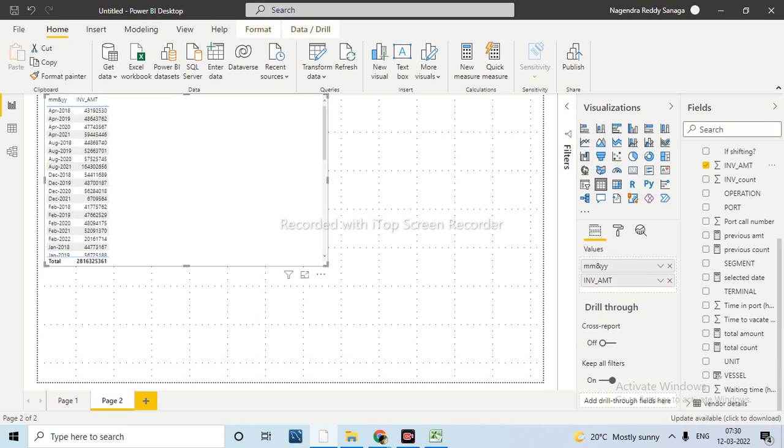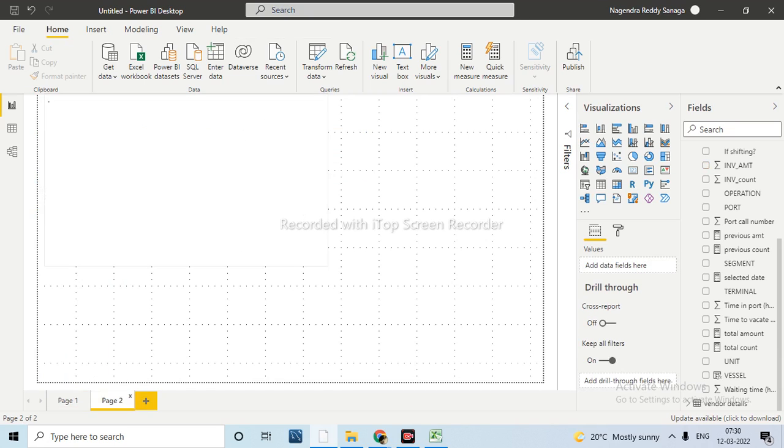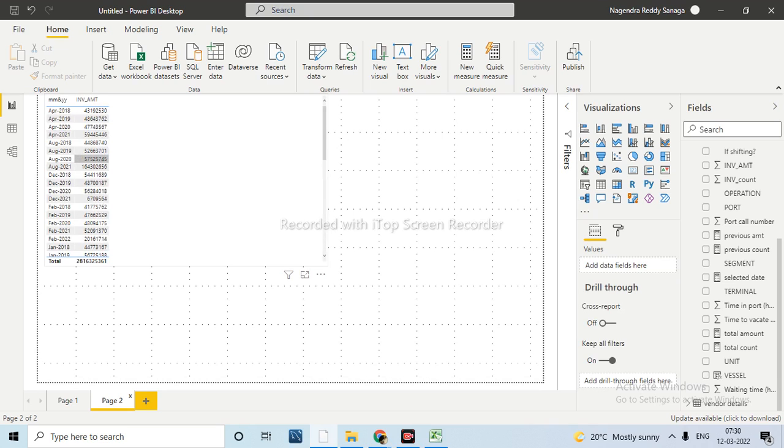Now for example here I am taking August 2020, let me take this one. Now this one is 57 million, right? First thing, August 2020, which we are referring to. Now in the current month, it is almost 57, in the sense it is coming as 58 because it has already crossed 57.5.